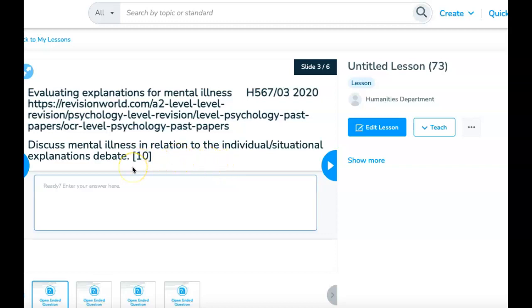Okay then, so have a go at that. Get your answers down. It's a 10-mark question. It's a really, really good bit of revision for you. And hopefully your teachers will be able to get a little look at that as well. Okay, but as I say here, this bit here is your link to the actual question from a past paper. So you can see what it was that the exam board thought was a good answer there as well.